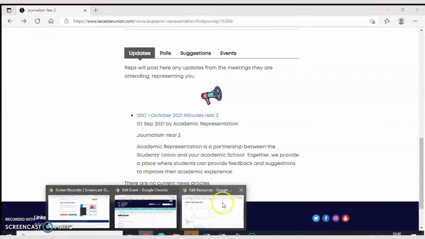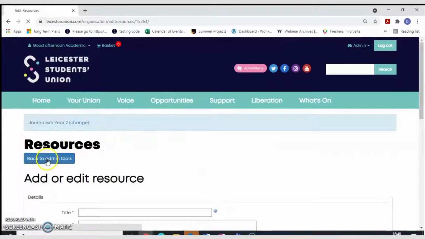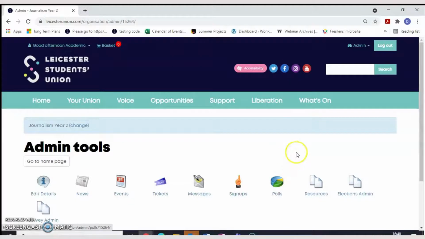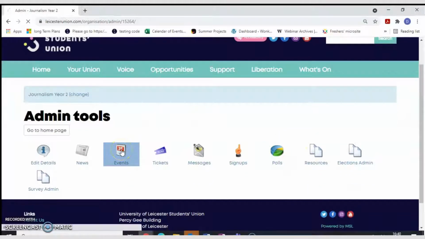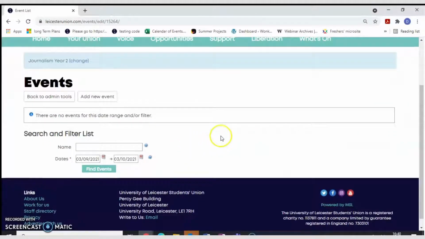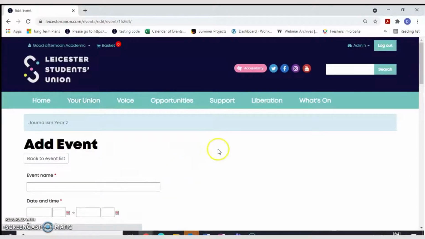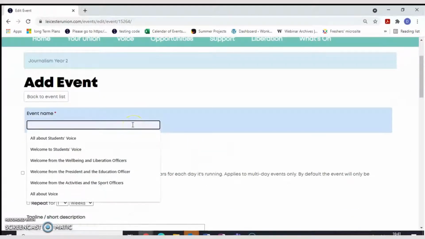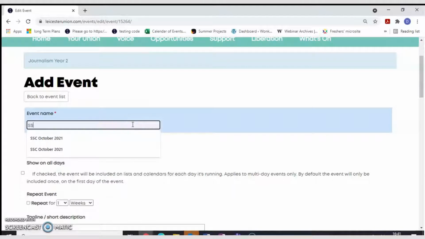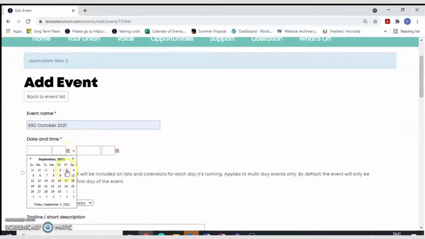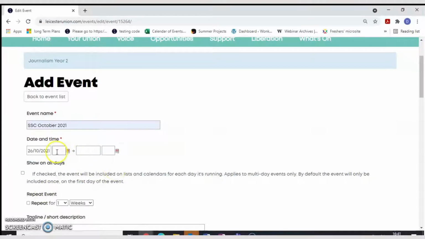we can now go into admin tools, and we can add an event, for example, when the Student Staff Committee is going to take place, to signal to your peers by when they need to submit any feedback to you. So let's have SSC October 2021. We have as a date in October, Tuesday 26th.